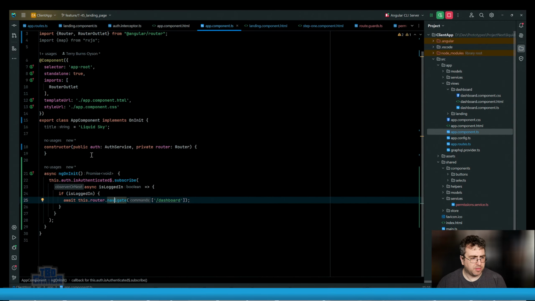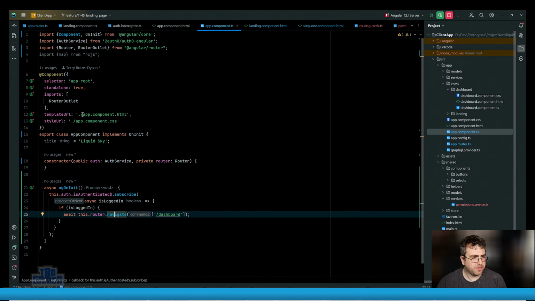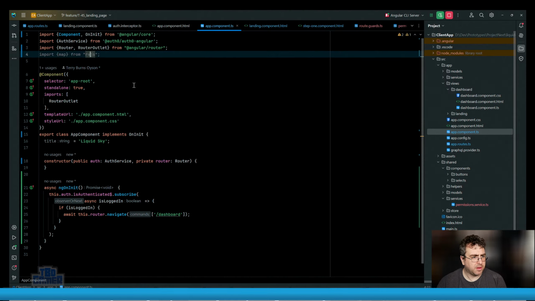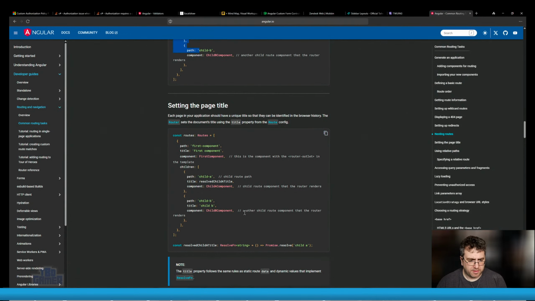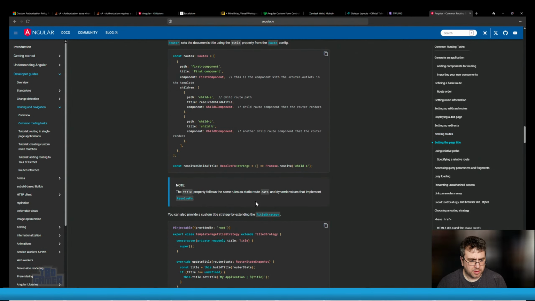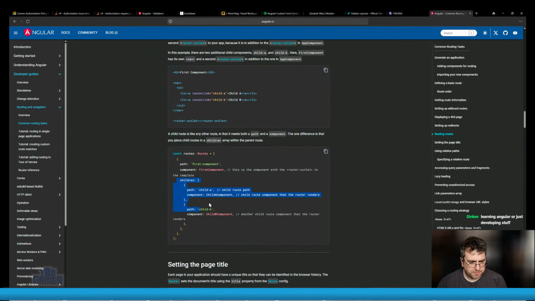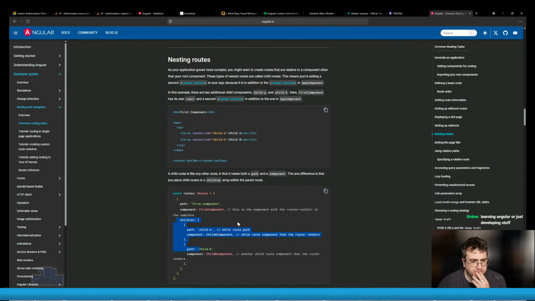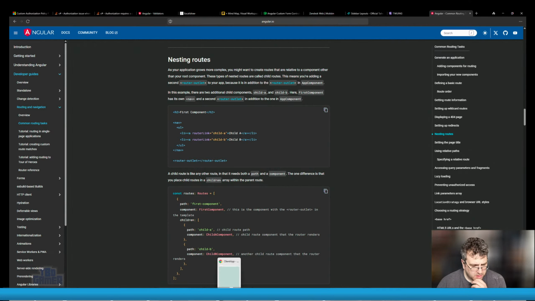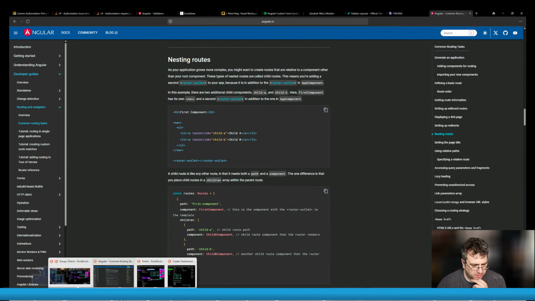The way the app component works, app component imports router outlet, right? So what does a nested route do? That's just a child A, child B. So the component has children components. You can navigate to them. Because I kind of want to say, okay, well,